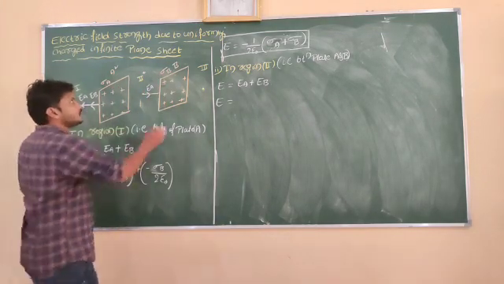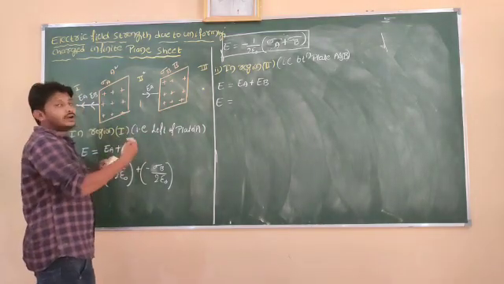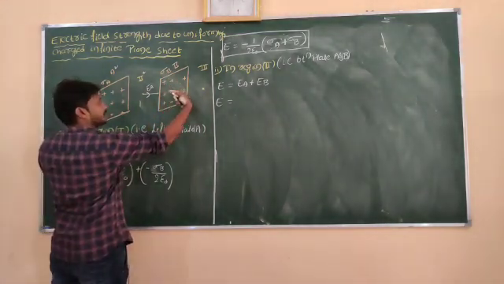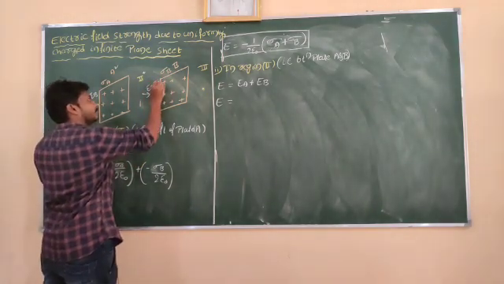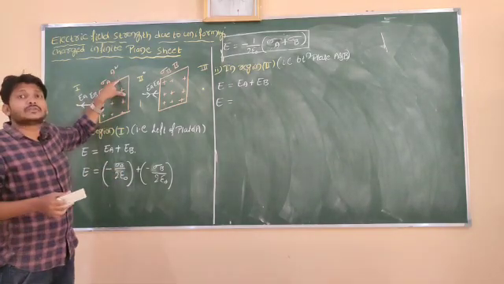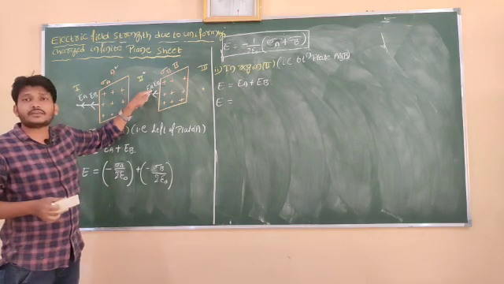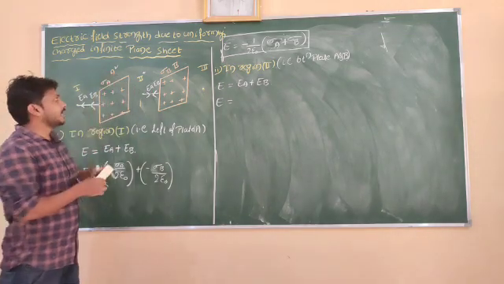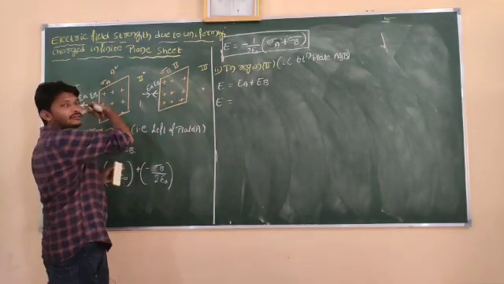Outward direction. So for plate B, which also has positive charge, in this direction the field lines are outward here. So this is E of B. Did you get my point here? So look at here, for plate A the field lines are outward, which means this is the direction of the electric field line due to plate A. And for plate B, this is the direction of electric field lines